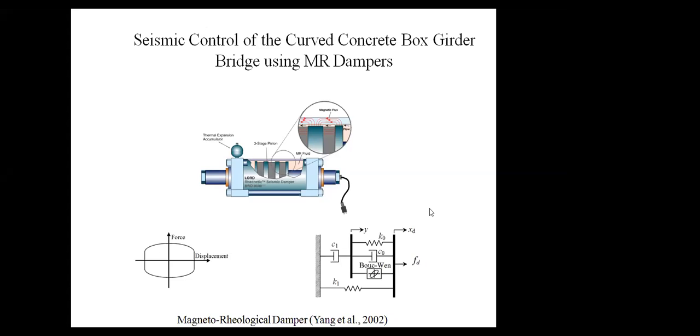So good afternoon, everyone. Today, we are taking up another topic, which is related to the vibration control of structures. In the previous one, we went through some isolation techniques like lead rubber bearing, friction pendulum system, and elastomeric rubber bearing. Now, this topic is related to the use of smart materials in instrumentation, so that we can control the vibration of the structure. The first one is the seismic control of a curved bridge using the MR damper. MR means magnetorheological damper.